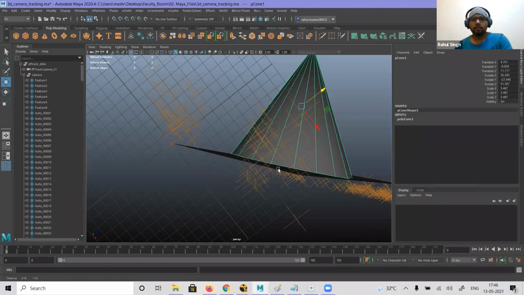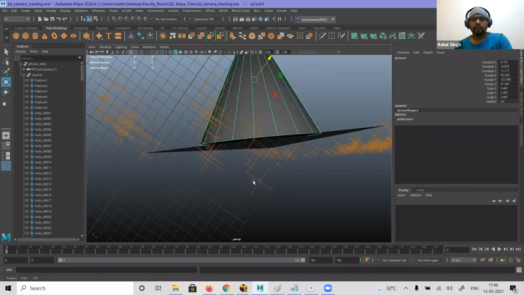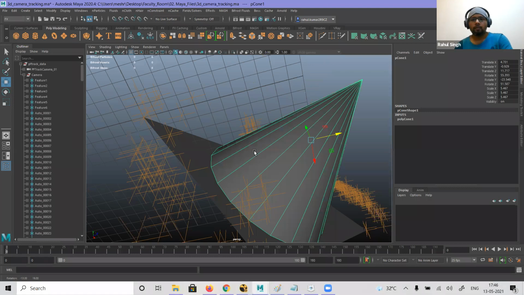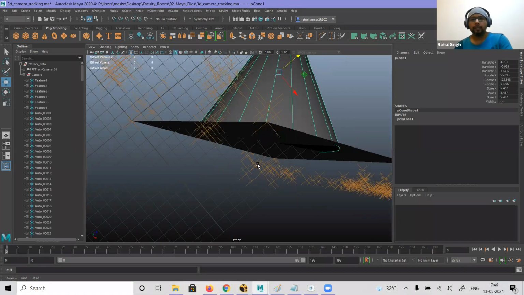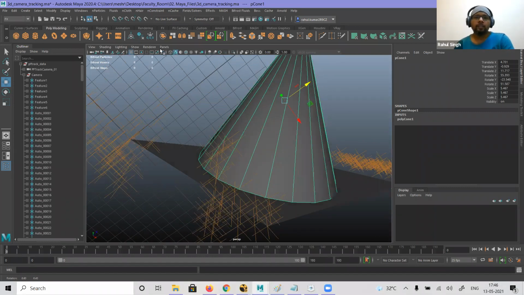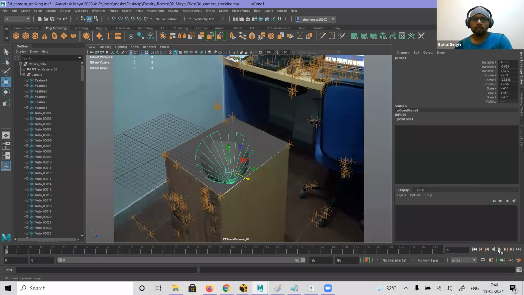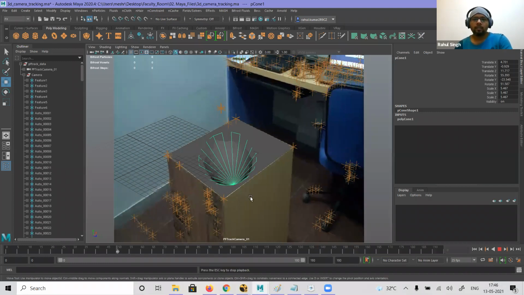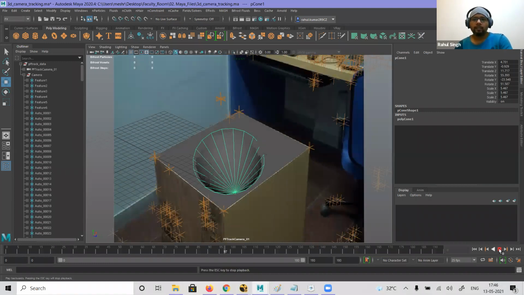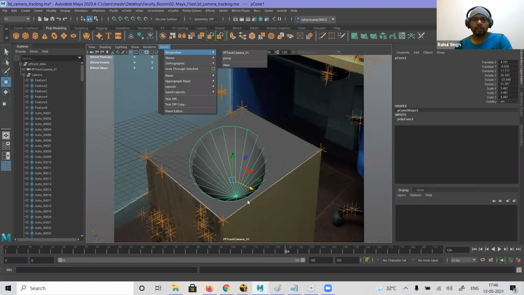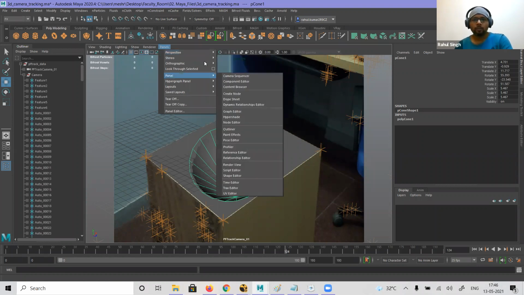So keep checking from every angle that it is aligned perfectly or not. It looks like almost 80-90% has been done. So let's check how it is looking in the camera. Okay, so it is just in front of the camera, so that is why it looks this way. Okay, so I'll change it now. So I'll just rotate it.